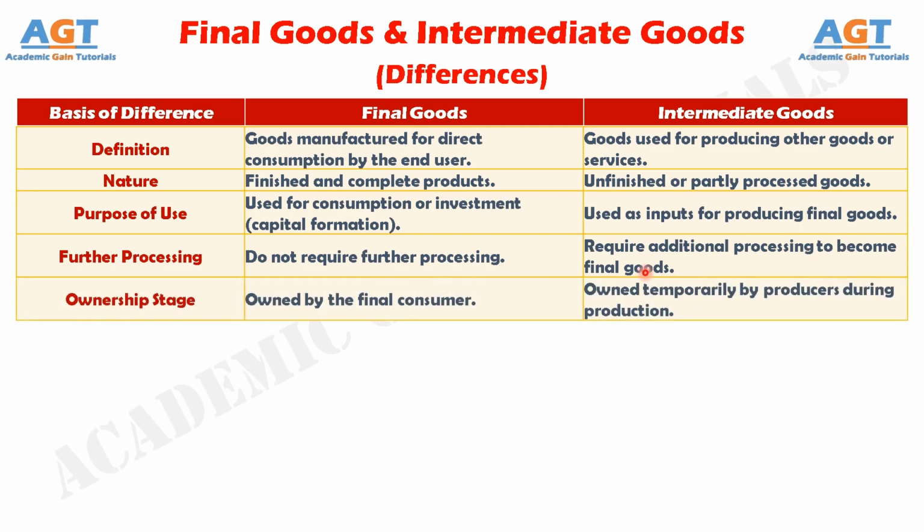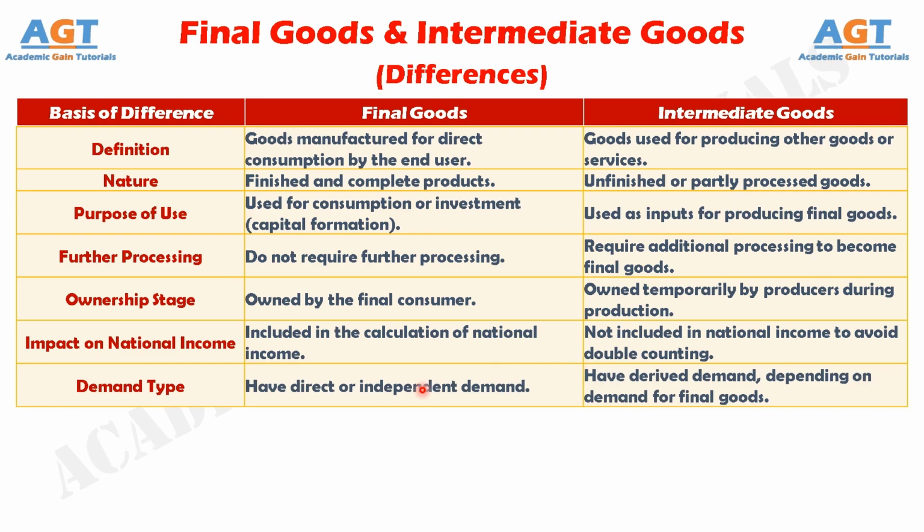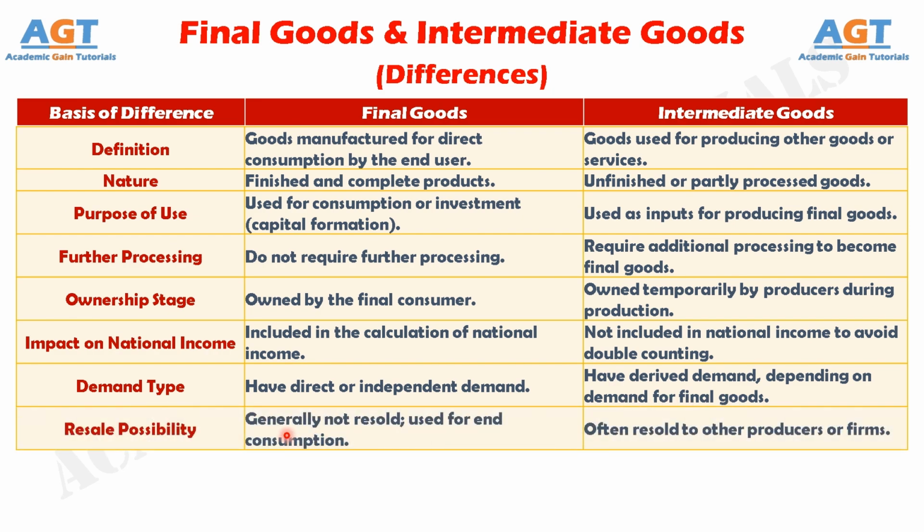Number 5. Final goods are owned by consumers. On the other hand, intermediate goods are owned temporarily by producers during the production process. Number 6. Final goods are included in the calculation of national income, whereas intermediate goods are excluded to avoid double counting. Number 7. Final goods have direct demand, while intermediate goods have derived demand that depends on the demand for final goods. Number 8. Final goods are not usually resold, whereas intermediate goods are often resold to other firms or